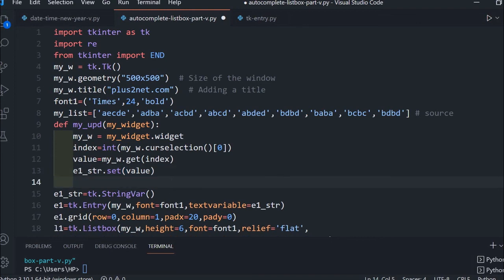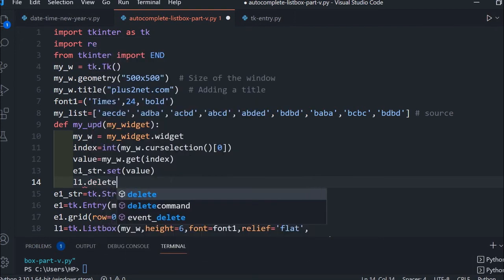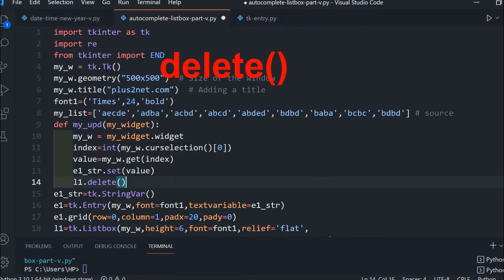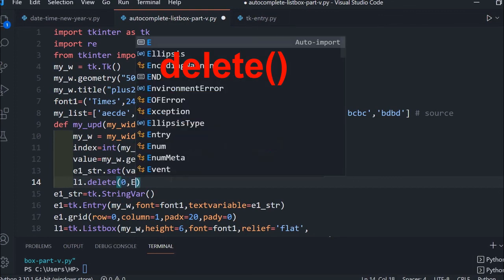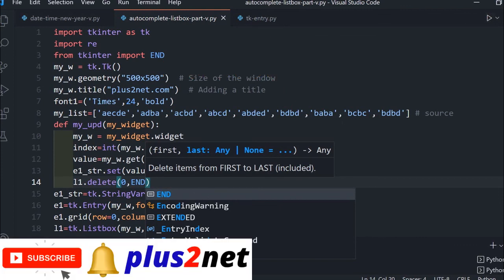Now once it is selected, I don't want all the options to be still visible in my list box. So I am telling it to delete, starts from 0, sorry, here I missed, 0 till end. All the options go, because the user has already selected it. Now let me just save it and run it.